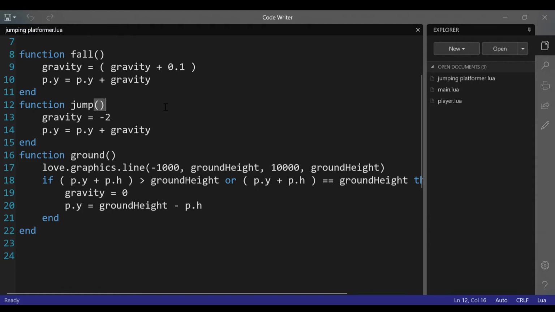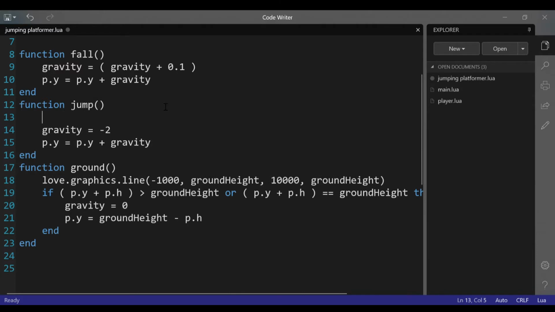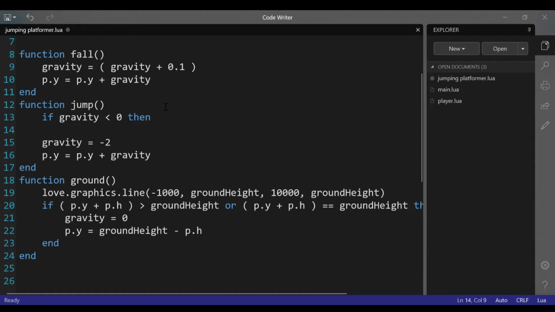So over here, what I will do is that if gravity is lesser than 0, and that means 0 will not be counted, so that's a good sign. So when this is lesser than 0, then what we'll do is that